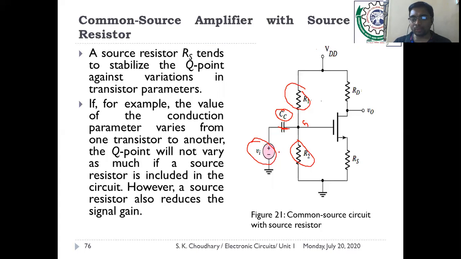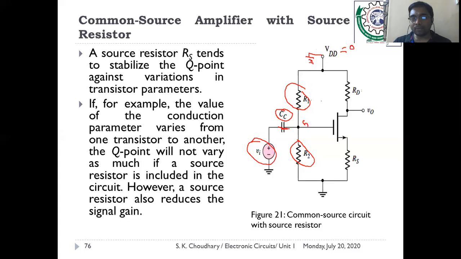So in the small signal equivalent circuit, only this AC voltage generator and R1, R2 would appear. Now we know that as per the procedure of drawing the small signal equivalent circuit, we have to omit all the DC sources, or connect these DC sources to the ground, so their effect is automatically nullified.